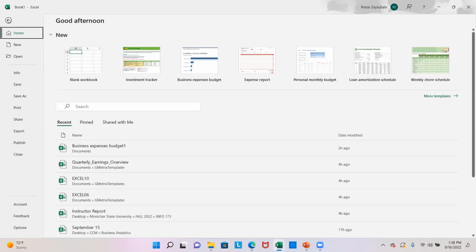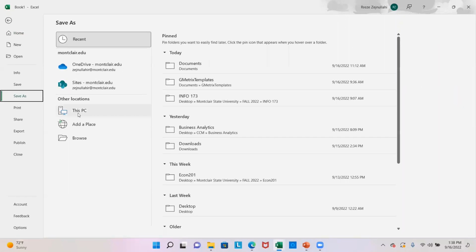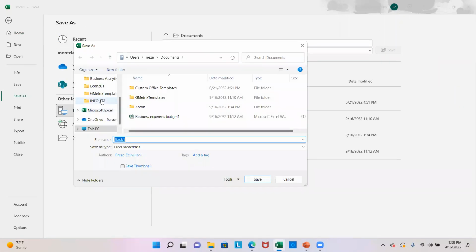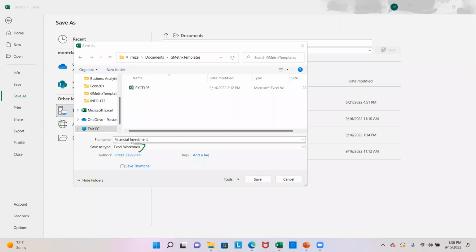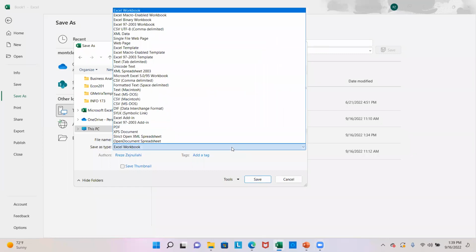So I'm going to go ahead and click File, go to Save As, This PC. I'm going to go to Geometrics Templates, and I'm going to save this as Financial Investment. Now, if I were to choose the Save As type as the Excel workbook, this is considered the version that you are in. However, if I use a drop-down list here, I have other extensions